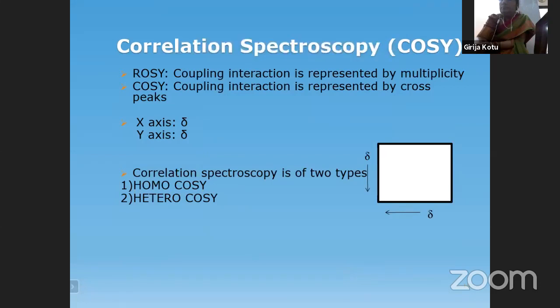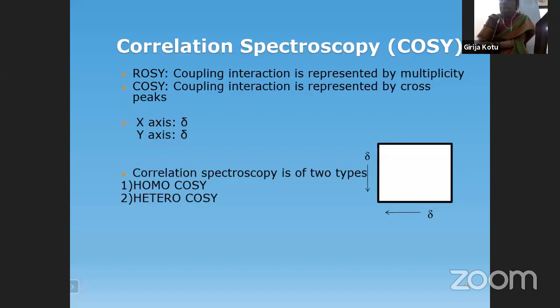Let us take the simplest example, the ethanol molecule, CH3CH2OH. Actually, let us not take ethanol, let us take an ethyl fragment or ethyl halide. There are two different kinds of protons, methyl and methylene. Methylene is interacting with methyl and methyl is interacting with methylene. How do we know? By the multiplicity. If a signal splits into a multiplet, then it has a neighborhood and is interacting. That is what we call coupling or connectivity.